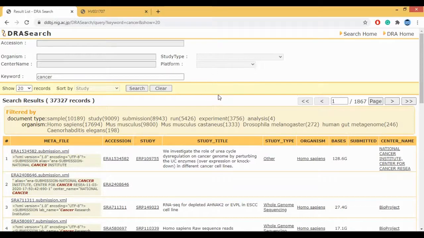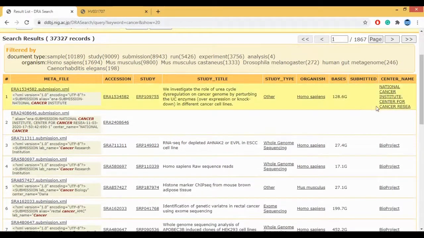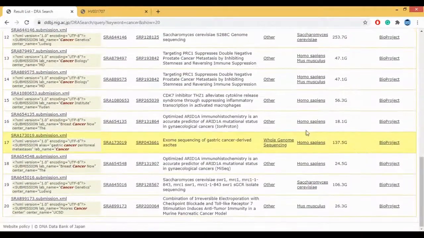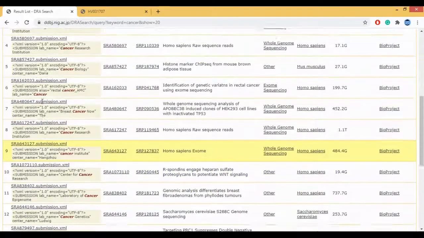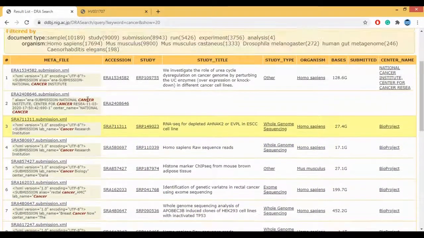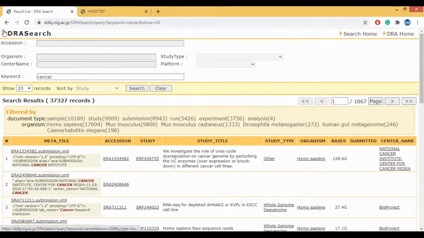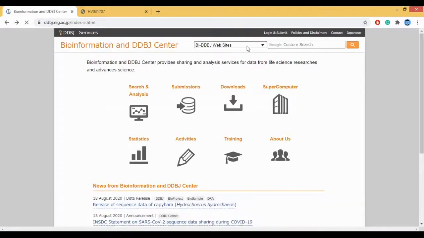what your Sequence Read Archive does is it fetches the information from your different centers, from your National Cancer Institute or your bioprojects. So from the various centers where there is information related to the sequences in cancer, it fetches it along with what type it is. Is it a whole genome sequence, is it an exome sequence? So this is the information which you can get once you click on the third option. But my suggestion is, if you're looking for some new sequence, you can go for the second option, which is your annotated or assembled sequences.